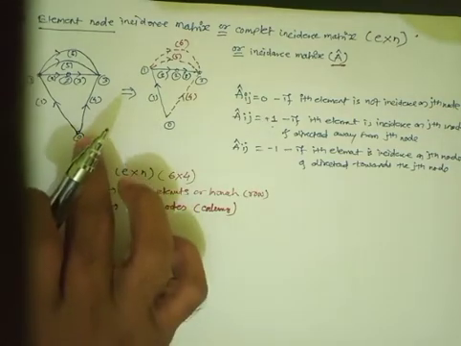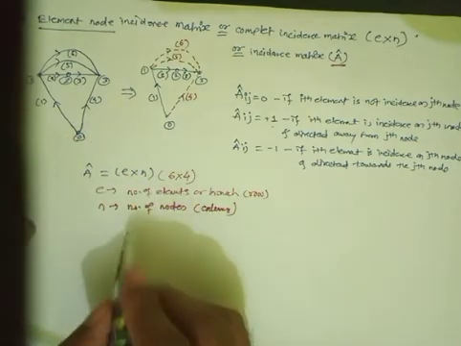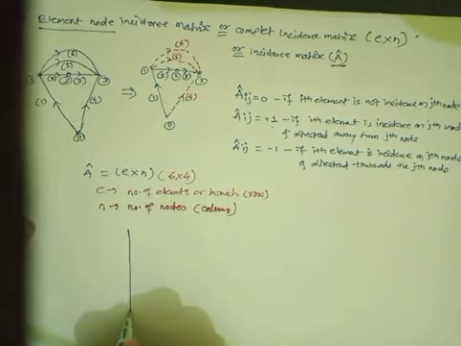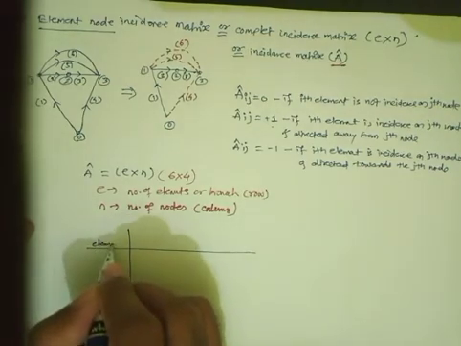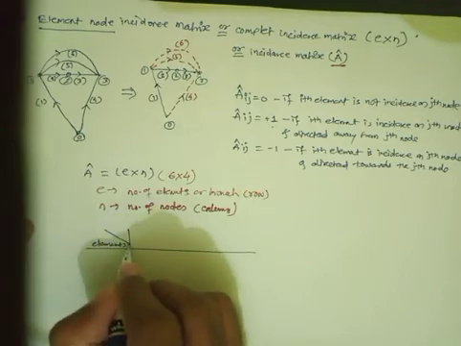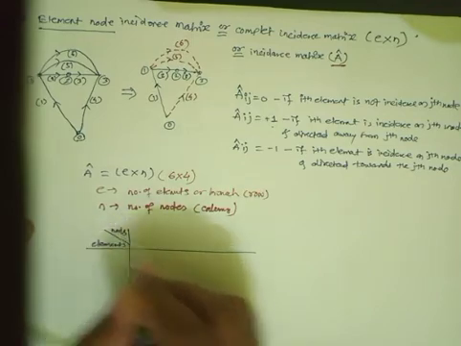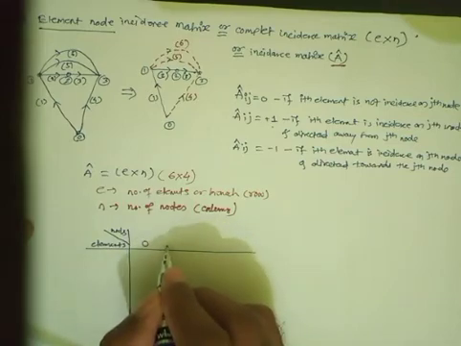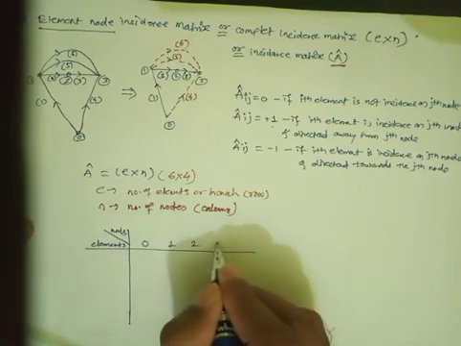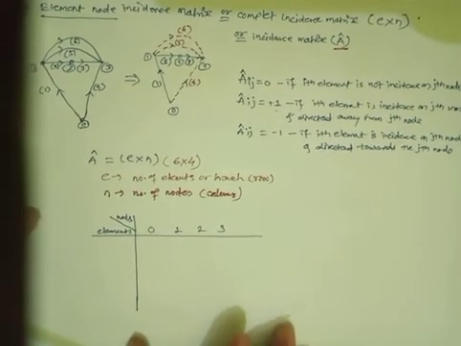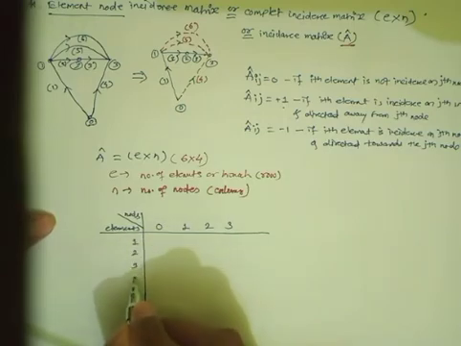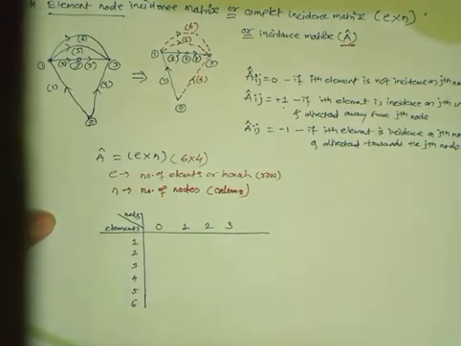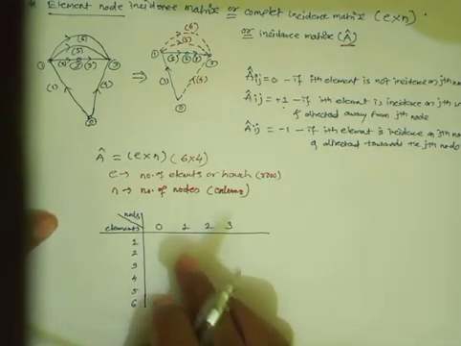Okay, now from this element node incidence matrix for the power system shown above, that is given one, we can form this. This is the elements row, these are the nodes. Suppose this is reference node 0, node number 1, node number 2 and node number 3. So there are these 4 nodes, and branches are 6: 1 2 3 4 5 6. Okay, so now we will first see it column wise.